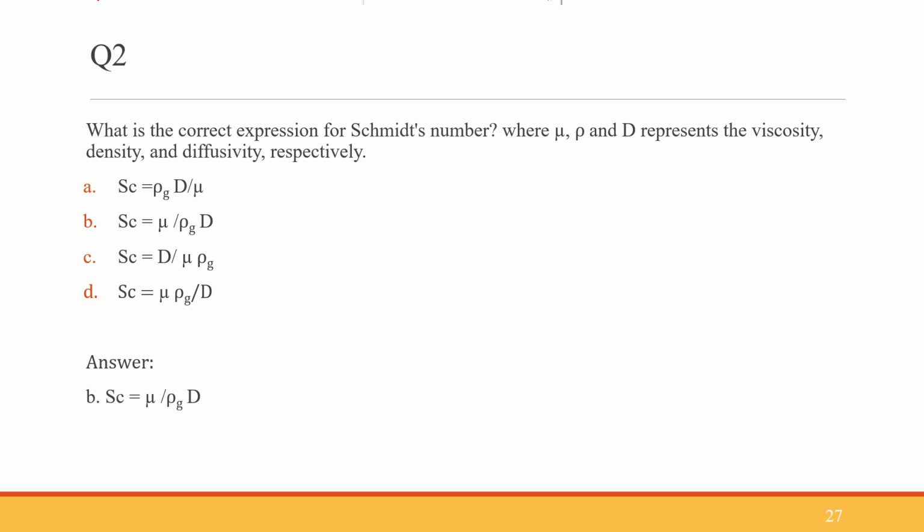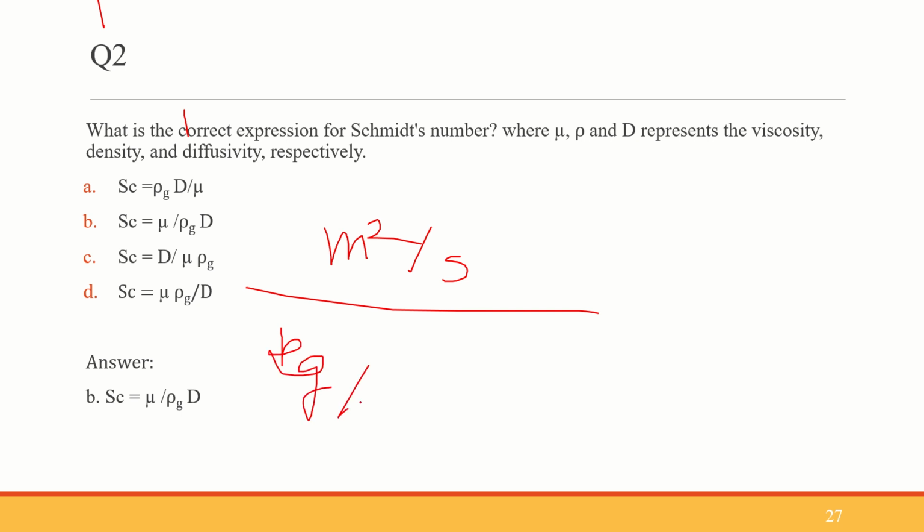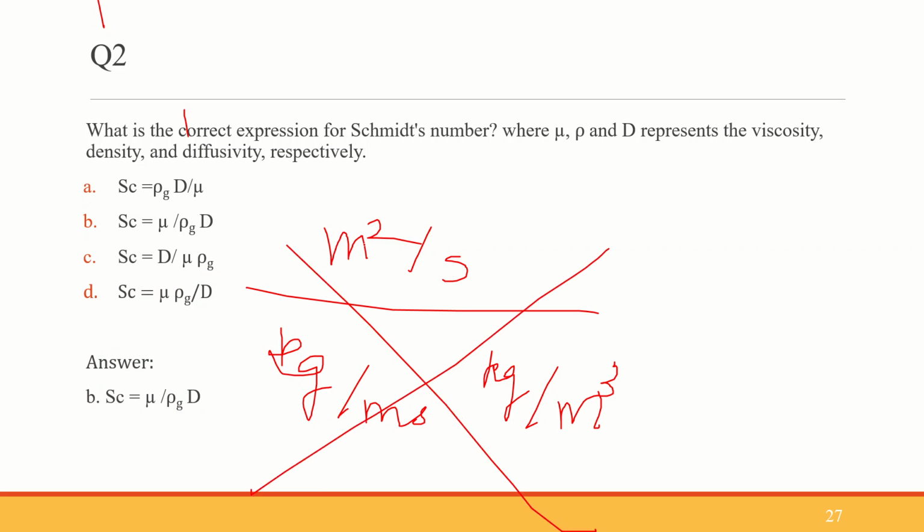So in C it is given as D by mu rho. D is meter square per second, mu is kg per meter second, and rho is kg per meter cube. This is not leading to a dimensionless number here, so we can cancel option C and option D as